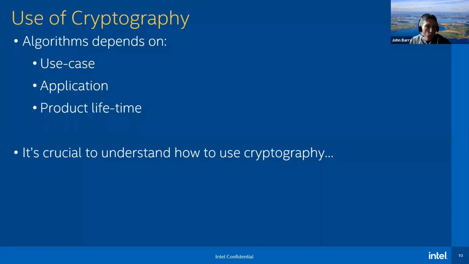So it's really important that when you're selecting the algorithm, you think about the use case. What's it going to be used for? How is it expected to be configured? How are the keys going to be maintained? How long does it need to live in the field? Because